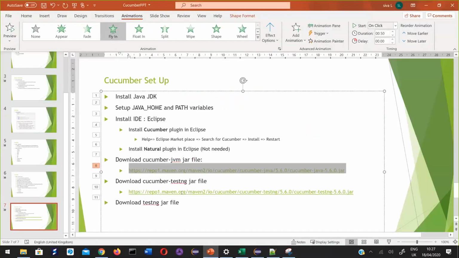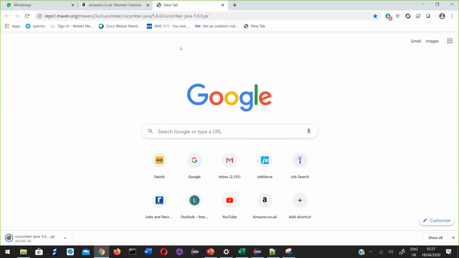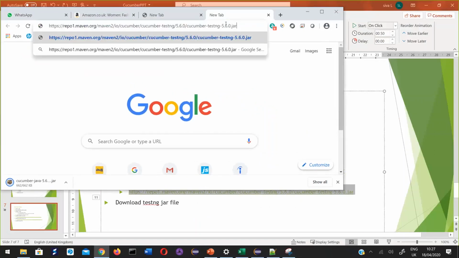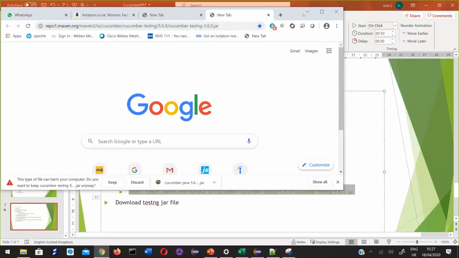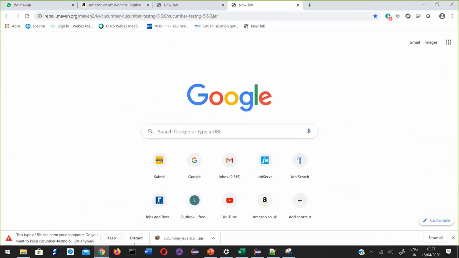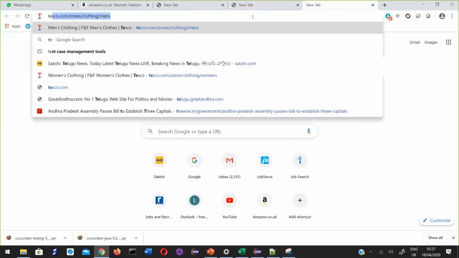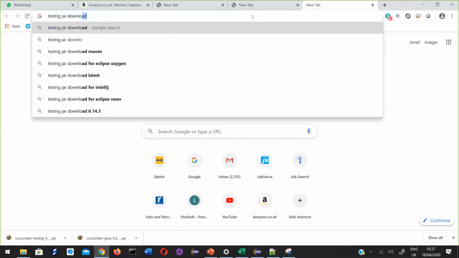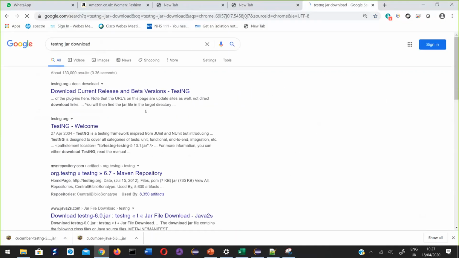Similarly, this one also we need to download. I have given you a direct link. If you just enter that link, it will download those jar files, and you need to also download a TestNG jar. I'll tell you what I'm trying to do.